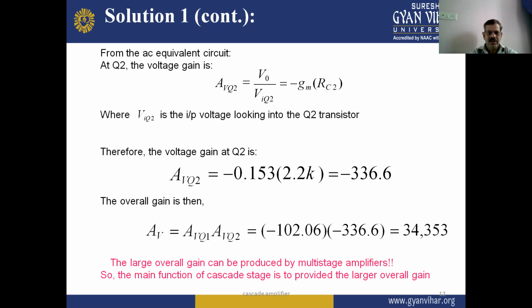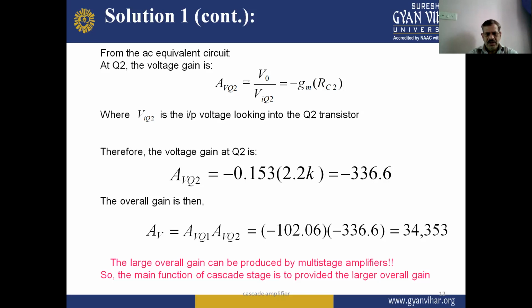So therefore voltage gain at Q2, put the value of gm and RC2, and we have Av Q2 equal to minus 336.6, and overall gain is Av equal to